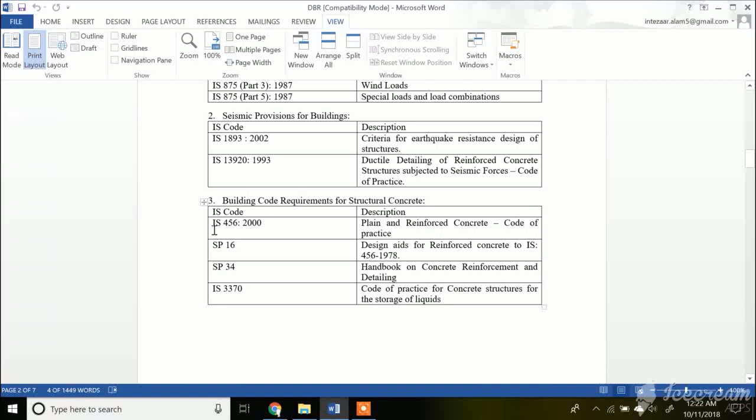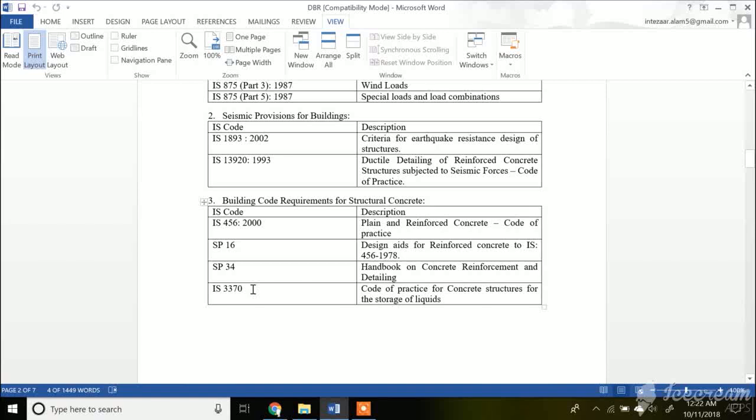We have so many videos based on IS 456:2000, the plain and reinforced concrete code of practice. SP16 is the design aid code. SP34 is the handbook of concrete reinforcement and detailing. IS 13370 is the design of, like, in a building project, you will be coming up with